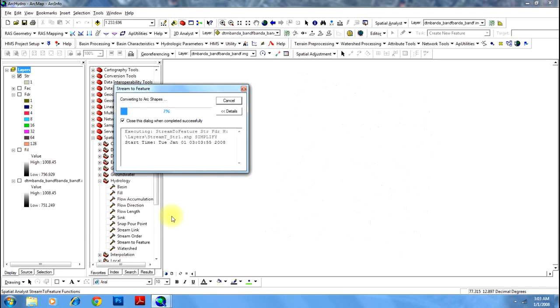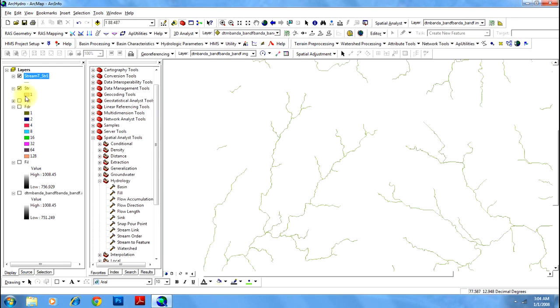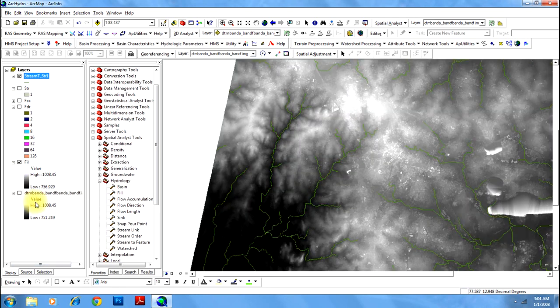Now your features are getting generated. There you go. Your streams have been delineated. These are your streams for this digital elevation model.